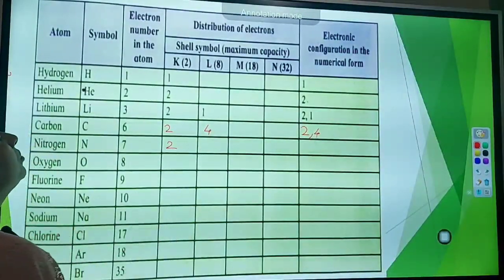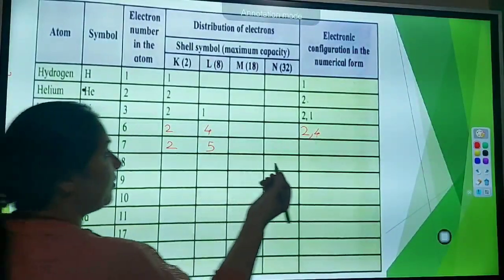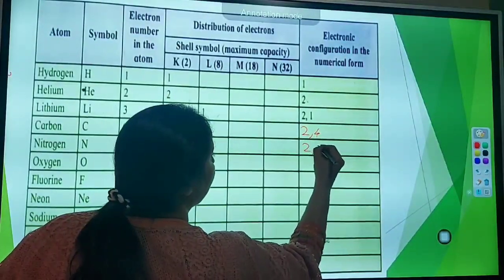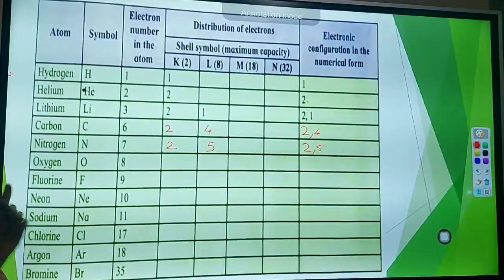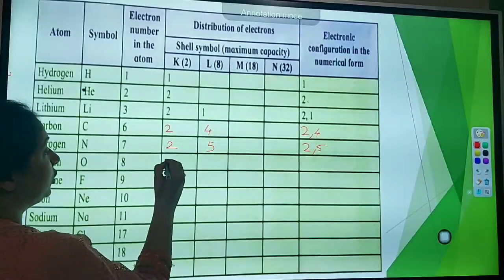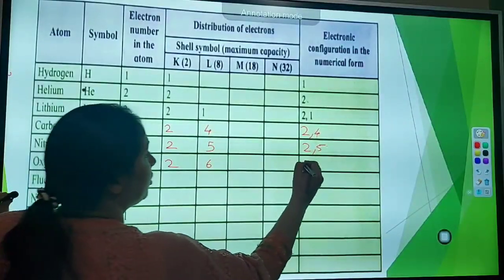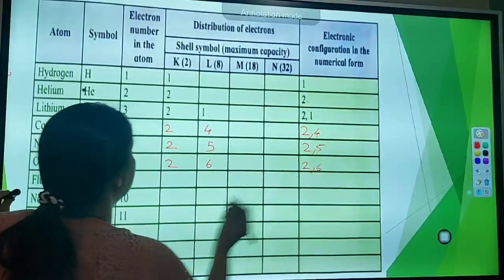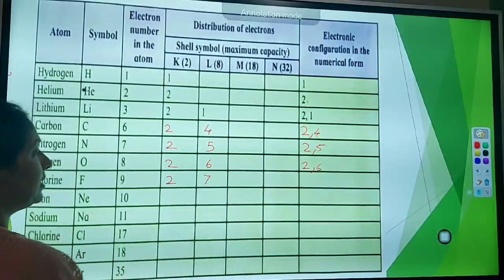First shell 2, 7 minus 2 is 5, capacity is 8, 5 will work. Oxygen 8 minus 2 is 6, electronic configuration 2 and 6. 9, first 2 and 7,